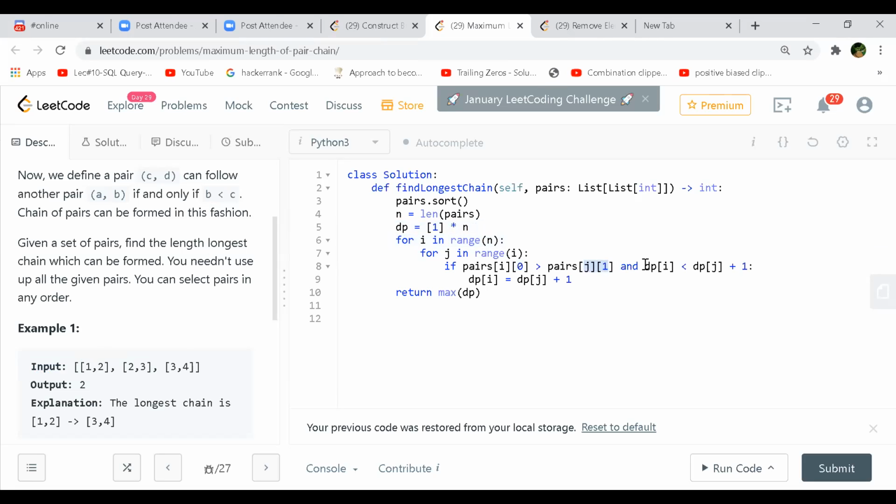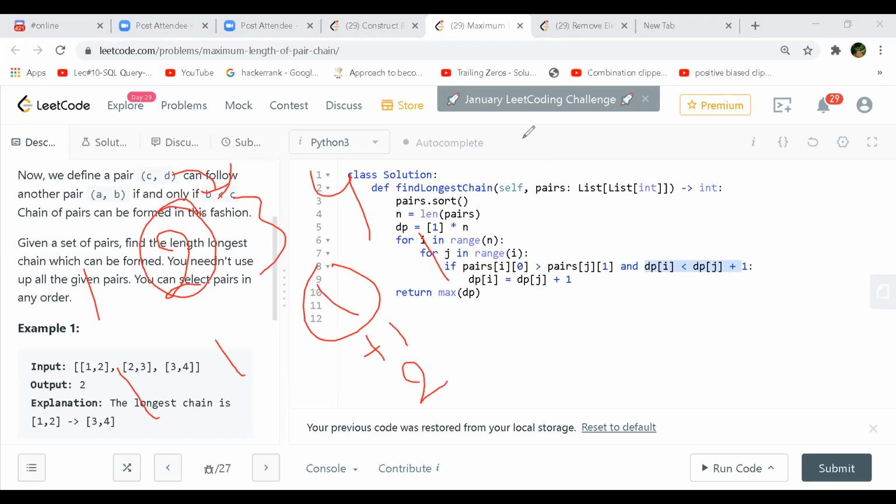And this also we have to check, because we'll update only if it can form the maximum, right? So previous state is lesser than the next state. By adding one, then only we need to update our next state. That is what we do in LIS, right? If 1, 2, 3, 4 is there, initially you fill everything with 1. Now since you find that, let's say, 3 is greater than 2, you add one value. Whether this is bigger than this, then only you update. So this is what I'm doing at this stage.